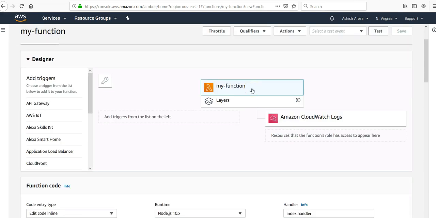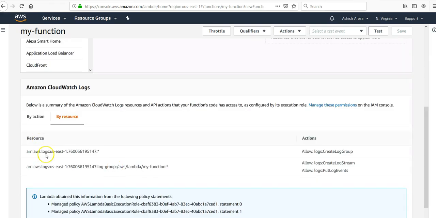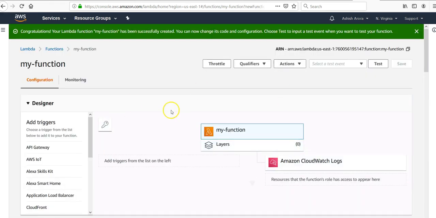Here it is, my function. Select Amazon CloudWatch Logs to view the log-related permissions granted to the function. This is the permission that has been granted to my account. It will create the log group, log stream, and put log events for this Lambda function. The console that you're seeing is what we call the designer. Now, to return to the function's code,